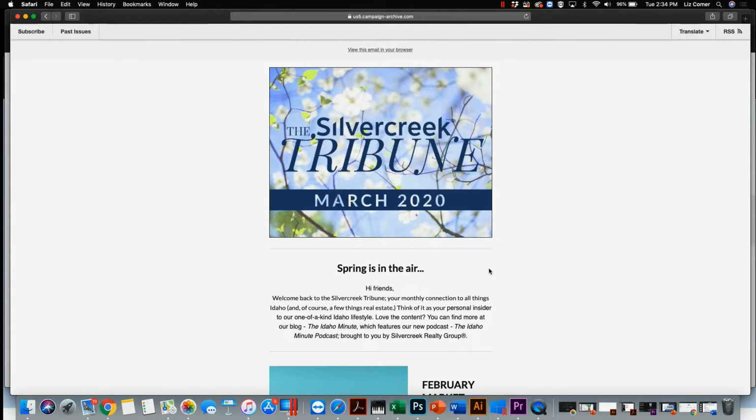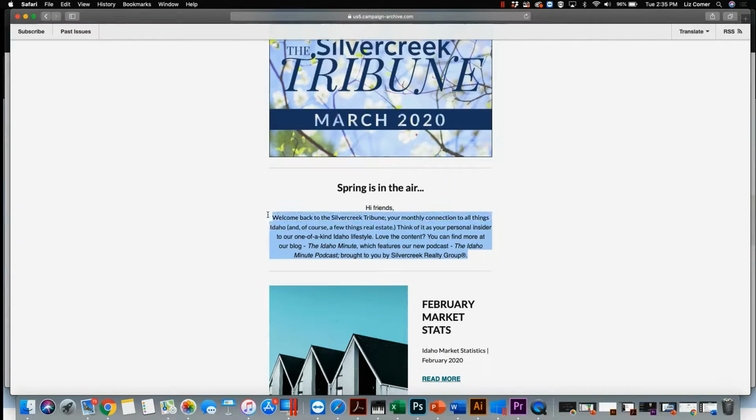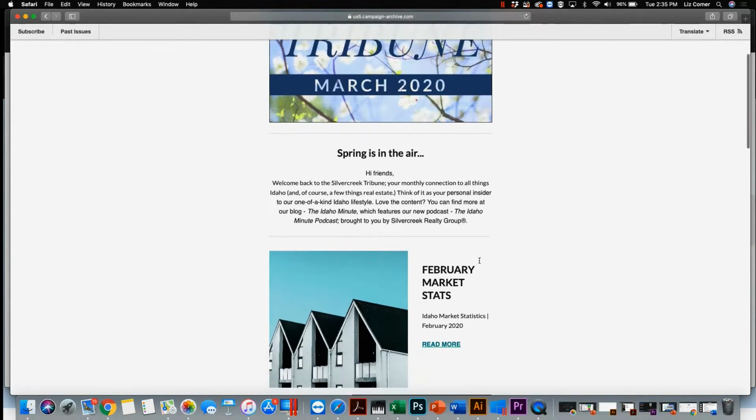Silvercreek Tribune template for the following month. So at the end of February, it was the last Monday of February, I put out the March 2020 Silvercreek Tribune template. This is all pre-filled content, so I write a pre-filled intro. You can definitely edit the intro, and I suggest that you edit the intro. I put in links